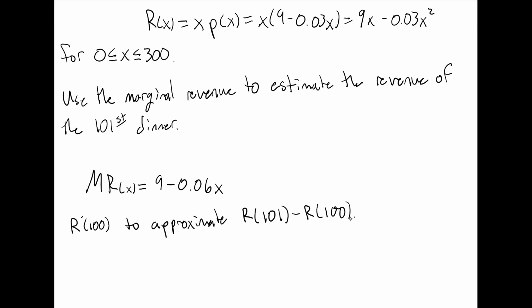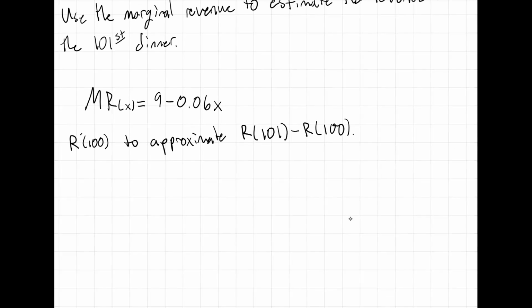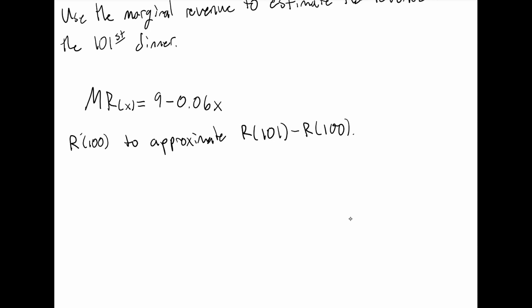Now, the reason why we are doing R of 101 minus R of 100 is because it wants to know what's the revenue of the 101st dinner, right? Not of all 101, just that 101st. So we need to take the total revenue for all 101, subtract the revenue for the first 100, and we're good. The reason we're going to use R prime of 100 to make this estimate